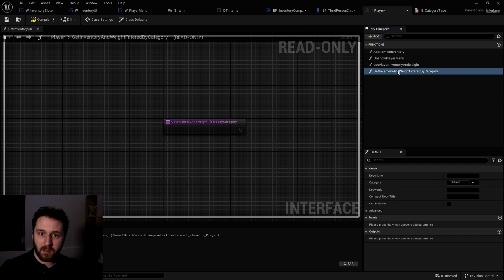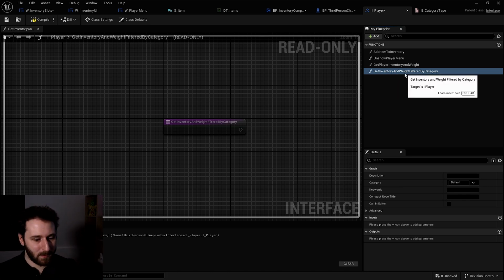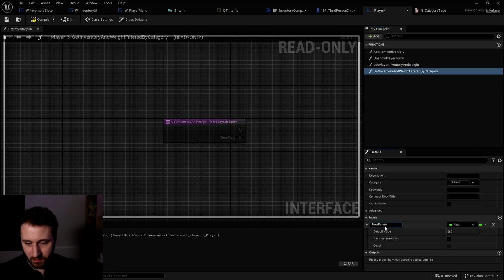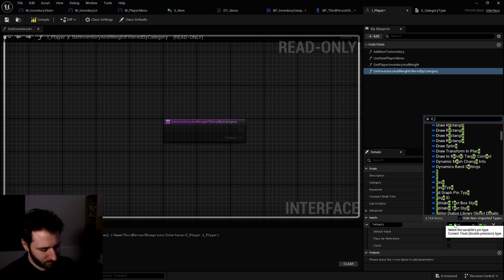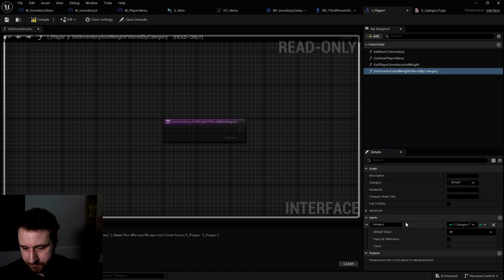We should always have for the function name the best name possible that show what we actually want to do, because if we want to use that function in another time, it's better to know what is going on with this function. So it should be filtered by category, so the input will be obviously the category with our new enum. Category type.